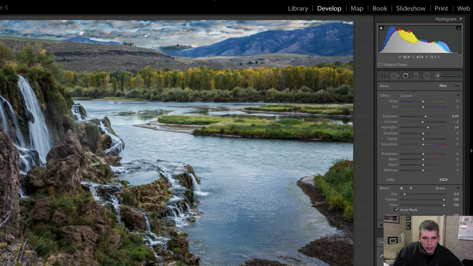Now, one other thing I'm going to do is create a new brush here, come into this little lower area and really paint in, and I may even see what will happen if I add a little extra. What I'm doing here is cooling down this area, and that's going to add a little bit of blue to the photo, and by doing that I'm almost cheating in a way, because